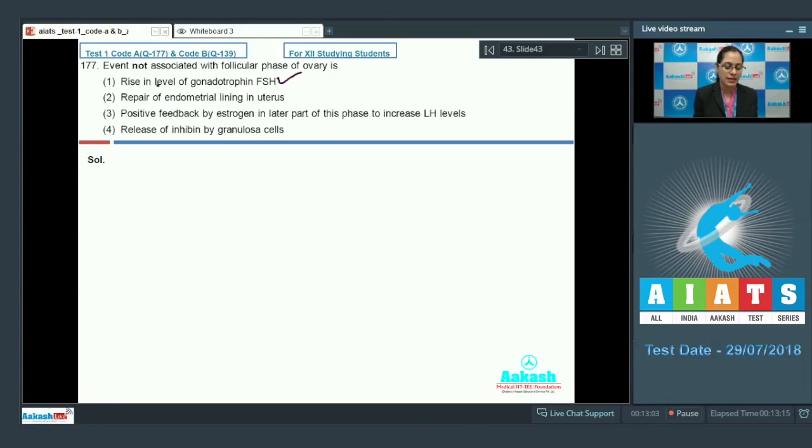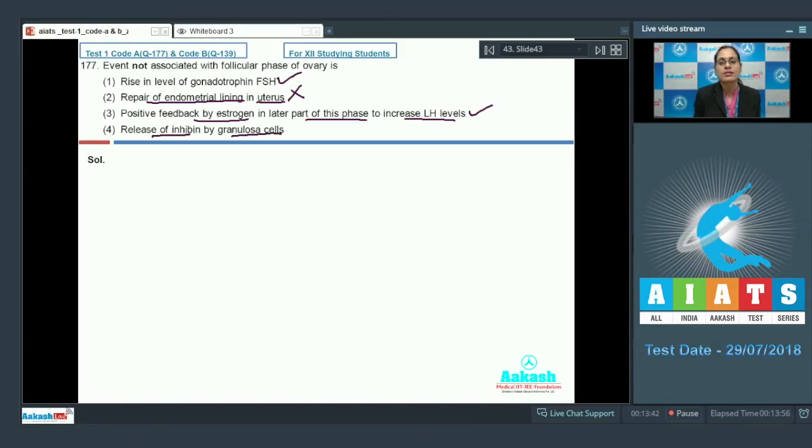The second option is repair of endometrial lining in uterus, and this is an incorrect option because this event occurs in the proliferative phase and it occurs in the uterus and not in the ovary. Our third option is positive feedback by estrogen in later part of this phase increases LH levels, and this is a correct option. The last option is release of